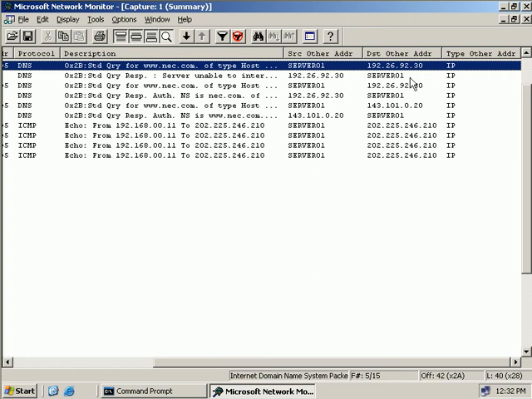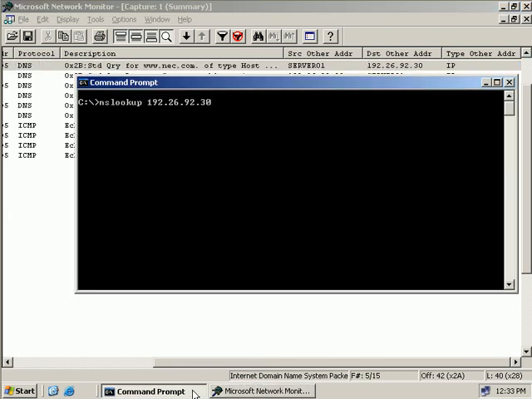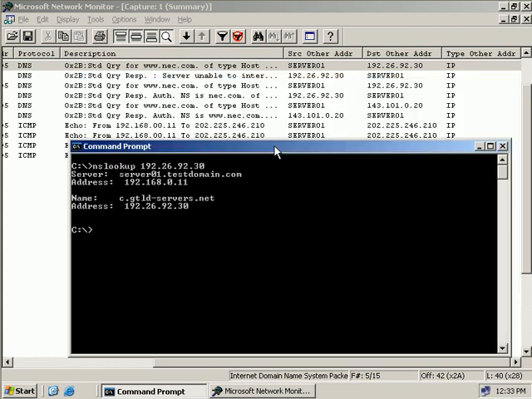So we'll go to our command prompt and we'll perform an NS lookup on this IP address here to try and find out what it is. So we'll type in nslookup followed by the IP address, and we can see that the response that comes back is a top level domain server. Now I'll just move this command prompt window down a little bit. Now next we can see we actually did have an error that the server was unable to interpret the format, but if we come down to the next one here, we can see, okay, our server 01 sent that request